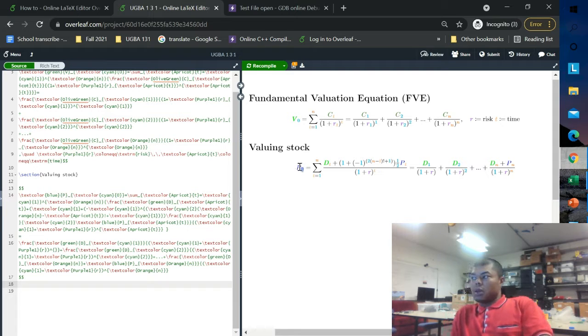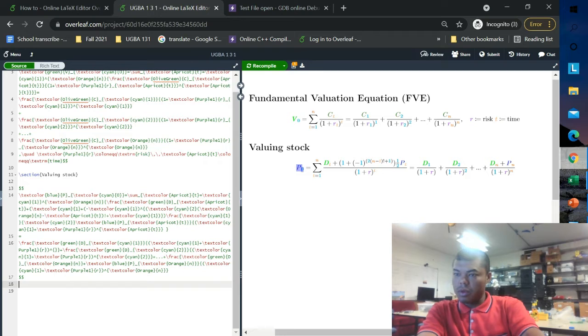The value of a stock today is the value of all the future dividends discounted in that period, plus in the nth period, the dividend in the nth term, nth period, plus the value you could sell the stock at in the nth period. So this would be a tough sum to write. I don't like writing sums outside of